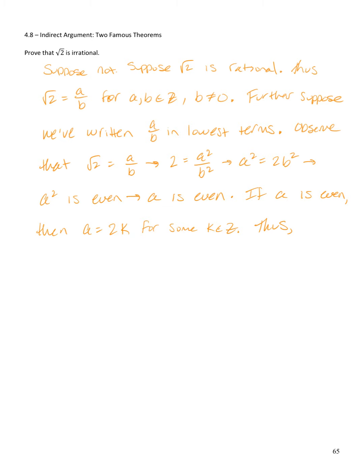Thus, substituting a equals 2k into this equation, 2 equals a squared over b squared, yields 2 equals 2k squared over b squared,